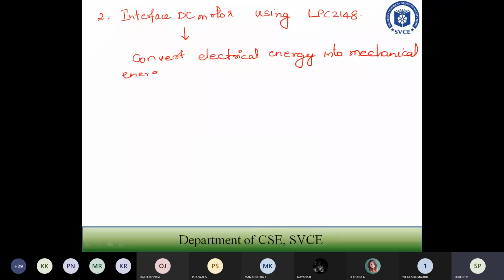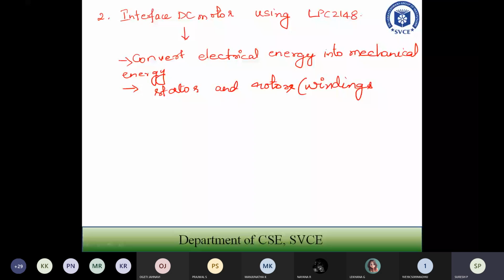Now all of you have gone through motors in the basics of your electricals, I think. Basically it consists of a stator and rotor. With the help of the windings, which will be there inside, a coil of wire will be there inside the motor.